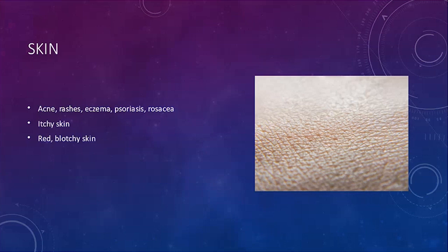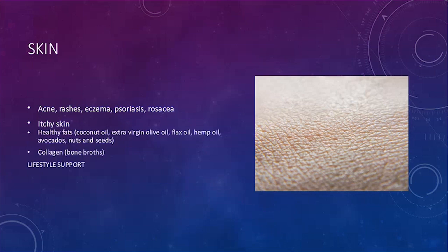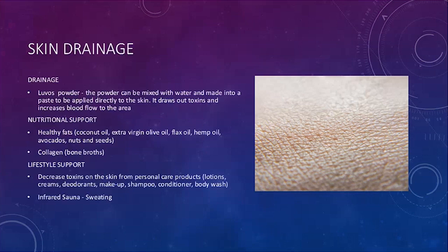And we can see a number of things show up on the skin, from rashes to eczema, psoriasis, acne, rosacea, the itchy skin, the red blotchy skin. Anything that's showing up on the skin really is telling us that the primary organs of detoxification aren't working at their best. And some of those great remedies for helping to support the skin is